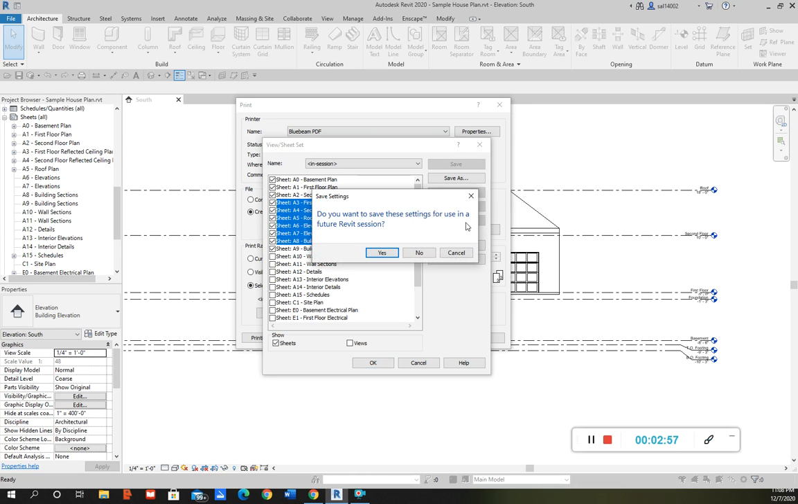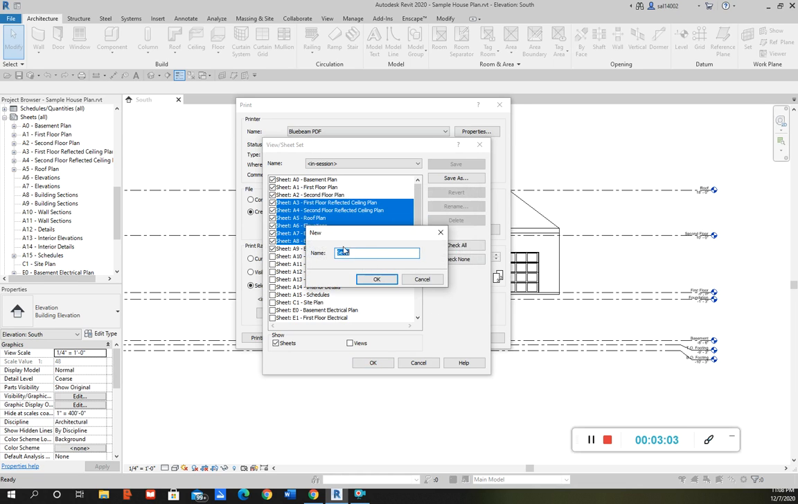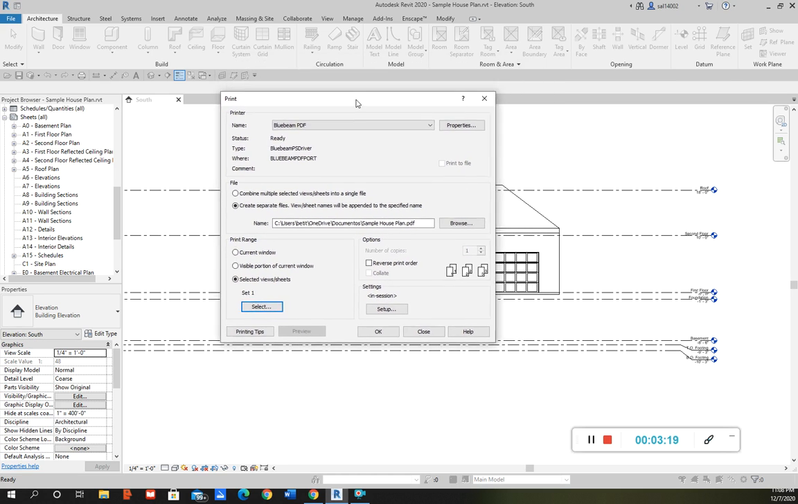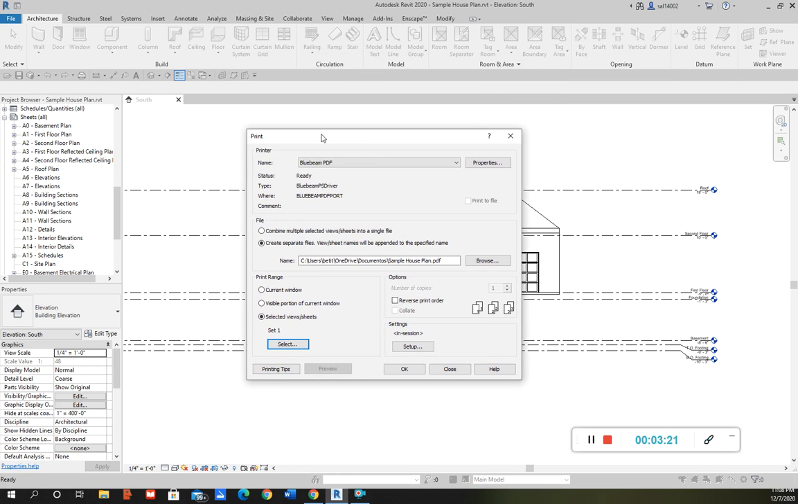Normally it's going to ask you if you want to save these settings for future Revit projects. You can just select yes and name it whatever you want. I'm just going to go with set 1. And then there you go. It should be done. And then you just click OK. And then it'll just pop up a dialog to give you the option of where you want to save it